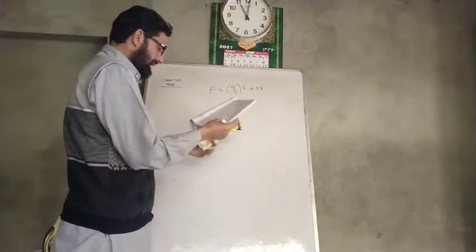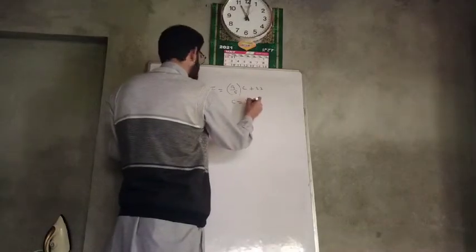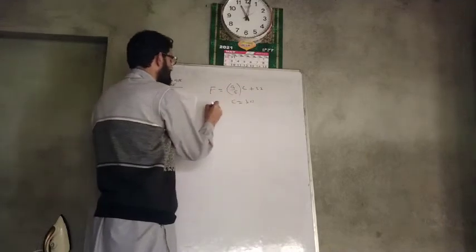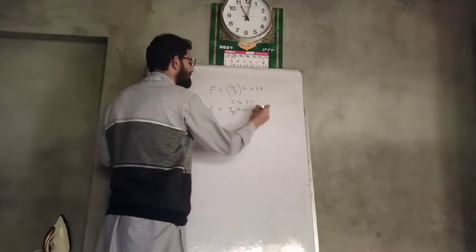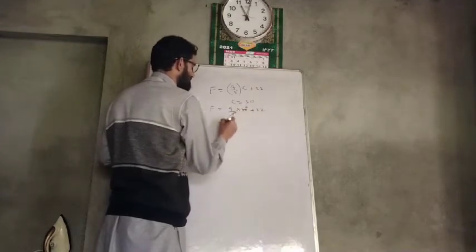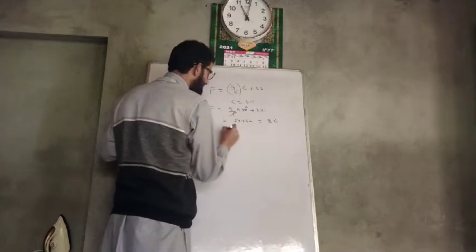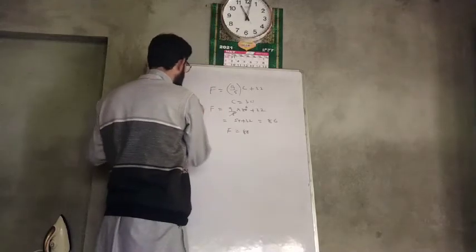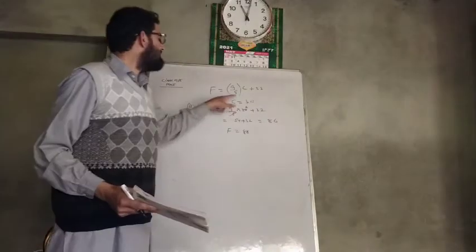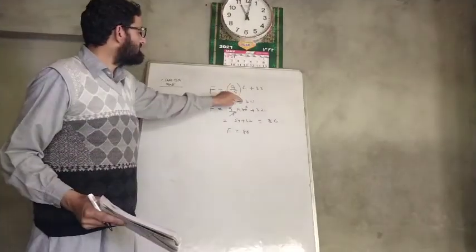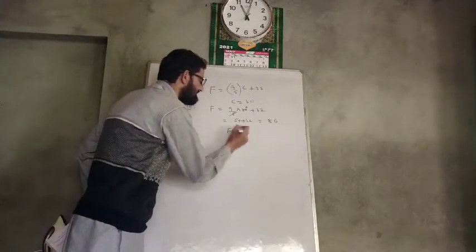Now, if the temperature is equal to 30, what is the Fahrenheit? So F is equivalent to 9 by 5 into C, which is 30, plus 32. 5 6s are 30. So 9 6s are 54 plus 32. This is 86. So F will be 86. So this was the second part. The first part was to draw the graph. The second part was when C is equal to 30. When we put the value of C equal to 30, F came equal to 86.